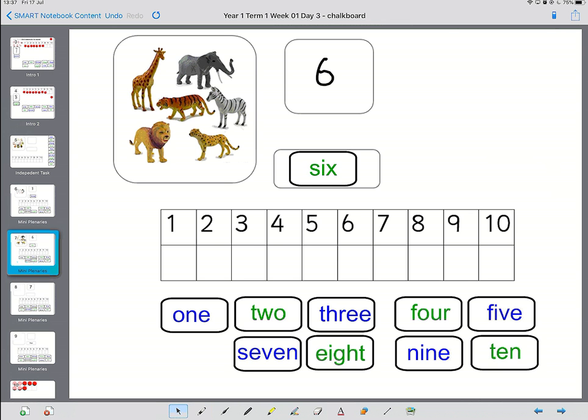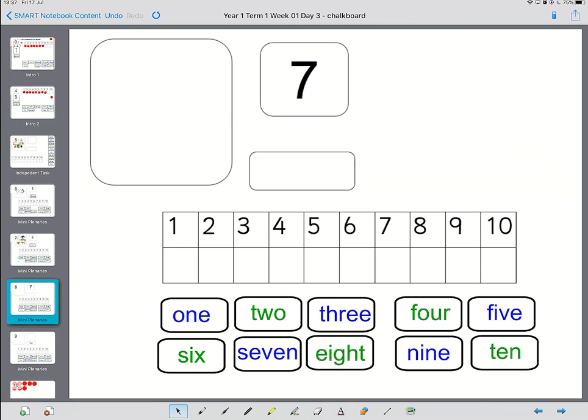Okay, here's the next challenge. This is a bit different. What you're going to have to do is choose to draw 7 things, maybe on your whiteboard, and then you're going to find the word that matches the numeral 7. So when you're ready,